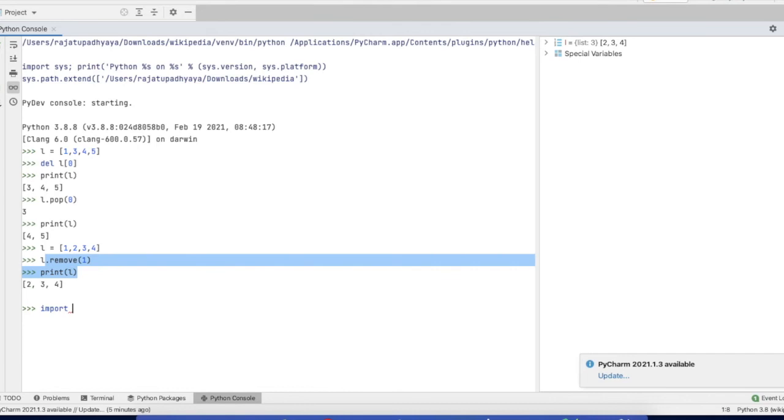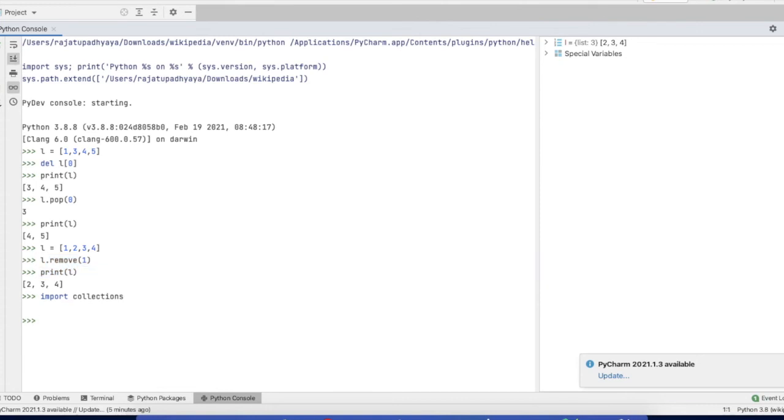We implement deque using collections here, so we just need to import collections first, and here I am taking one list like 5, 6, 7. First we need to convert this list into a deque. Here I am taking one variable like dq and using collections.deque. Here we just need to pass our list.